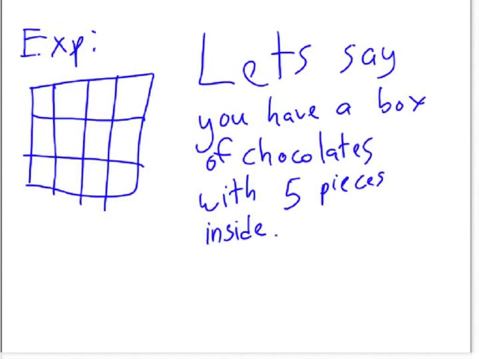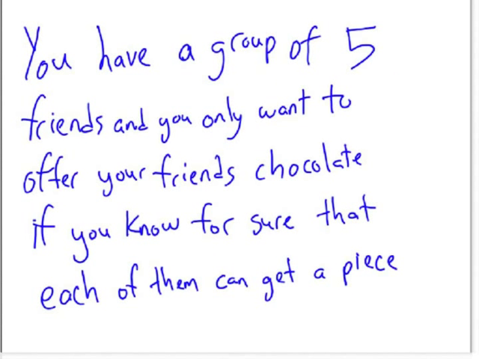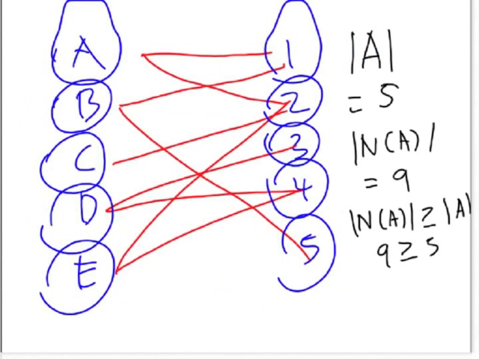Let's take a look at an example of Hall's marriage theorem. So let's say you have a box of chocolates with 5 pieces inside, and you have a group of 5 friends. And the condition is you only want to offer your friends the chocolates if you know for sure that each of them can get a piece. So instead of